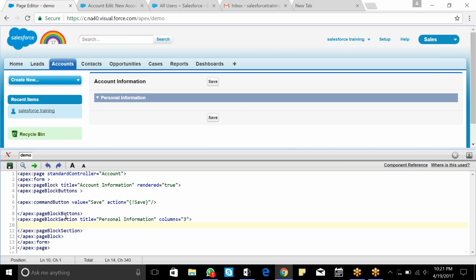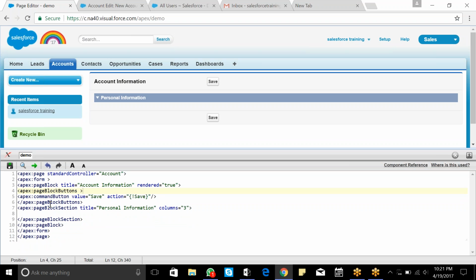Now, page block section item. This specifies a particular item, guys. After the page block section, Apex page block section item. See, this page block section item takes up one column in one row. Means it specifies a single item. I'll show you. In this section, let us take